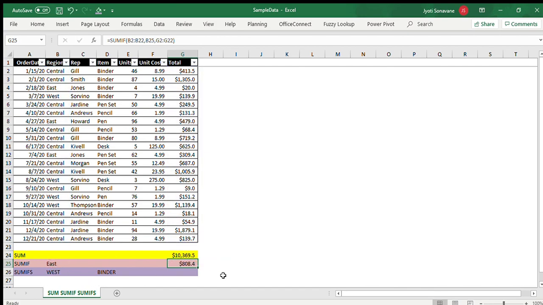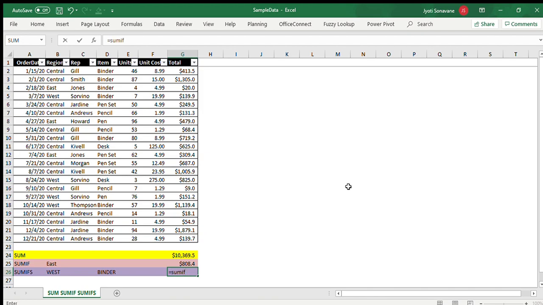Now let's talk about SUMIFS. What does that do, and what is the difference between SUMIF and SUMIFS? With SUMIF you can only apply one criteria. However, in the SUMIFS function you can have multiple criteria. So for example, here I have written that I want to get a sum total of only the West region where we have sold binders. Let's see how that can be applied. Now it is a little tricky. The difference is a little bit tricky. Let's find out what it is exactly.